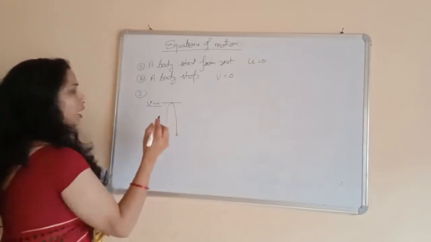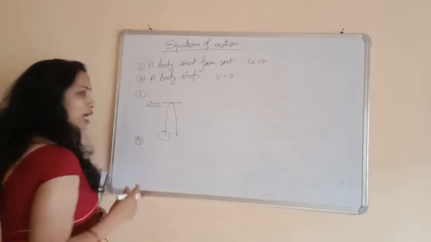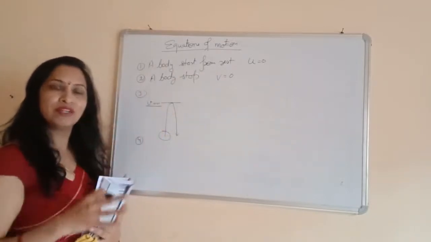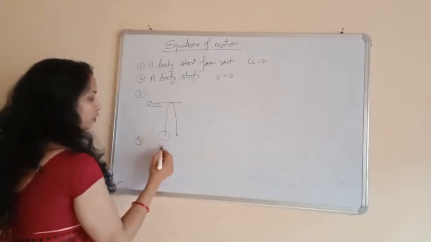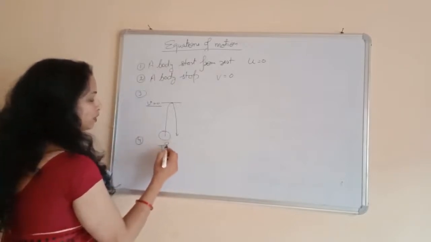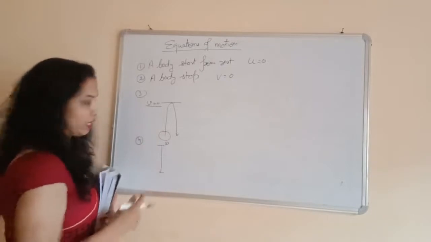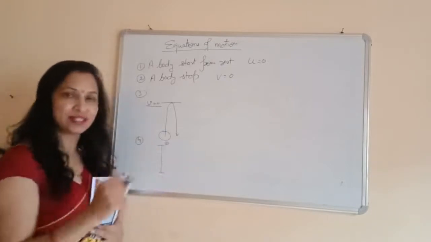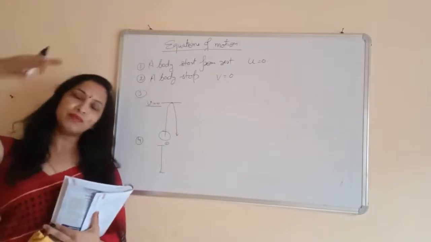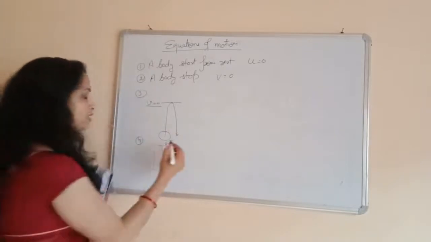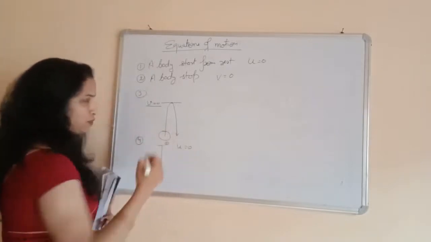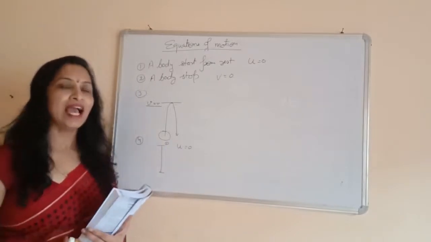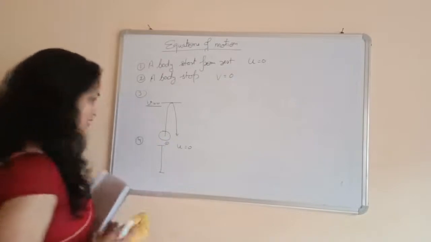Again, if it is there in the question that we drop something from a height, it means from a roof you are going to drop a point from the roof. It means the initial velocity of this point is 0. If we drop something from a particular height, it means its initial velocity is equal to 0. So keep these points in your mind and then we start some questions.